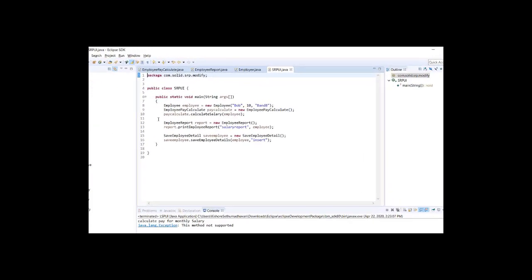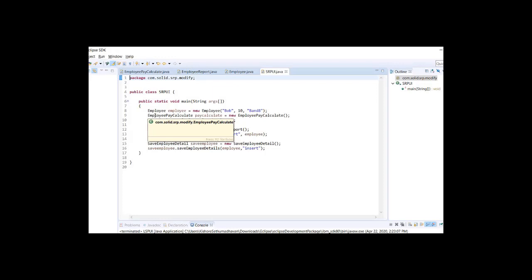So what are the solutions? To apply the single responsibility principle, we need to break up the bulky Employee class and decouple these responsibilities. As shown in the refactored code, we have separate classes for calculating pay, report generation, and saving the employee details. And these classes have a reference to the Employee class, so that any change in the method of one of the classes won't have any impact on other classes, since now it's decoupled.